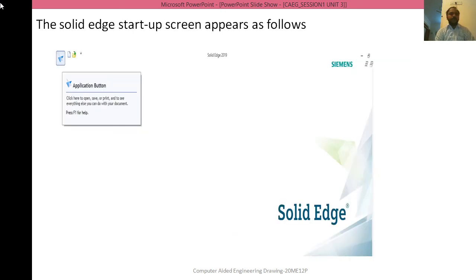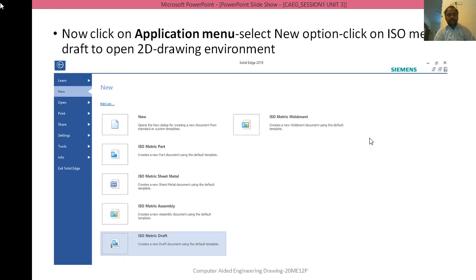So now after clicking on Solid Edge, this is the window that appears on the screen. See, this is the application button and this is the Solid Edge developed by Siemens. The screen appears like this. Now first click on application menu, then select options, new options, and choose ISO metric draft to open